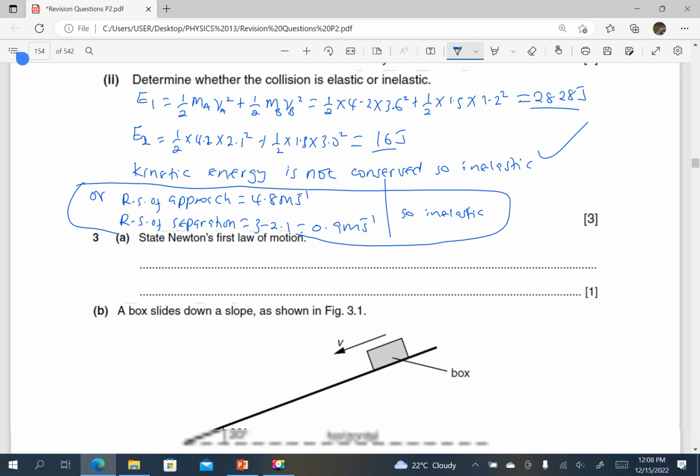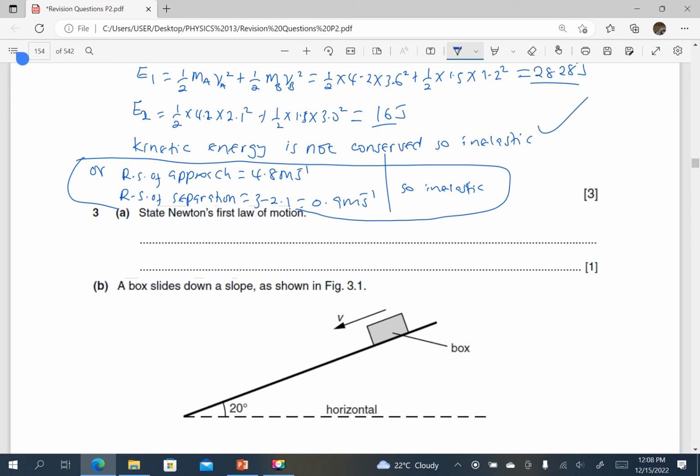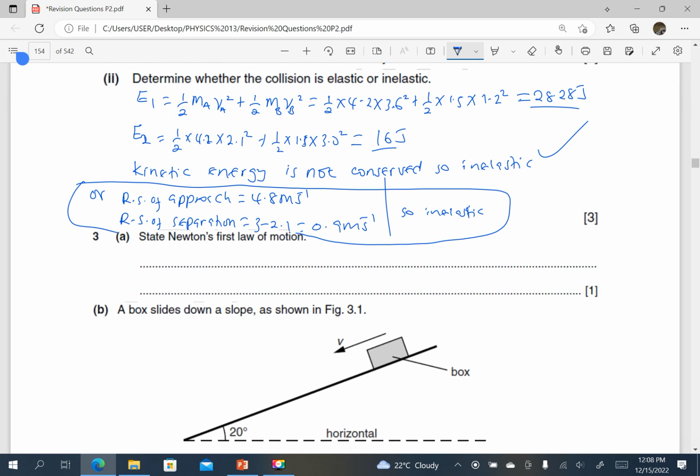Okay, so state Newton's first law of motion. I want to stop with this question. State Newton's first law of motion. So we know that a body continues at rest or moving with uniform velocity